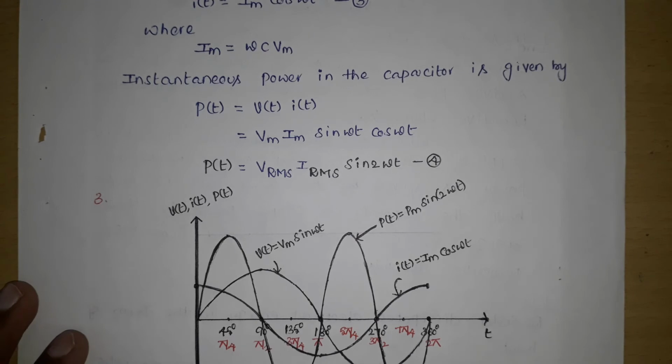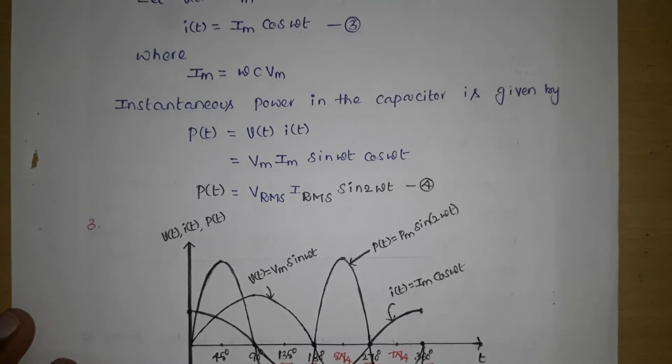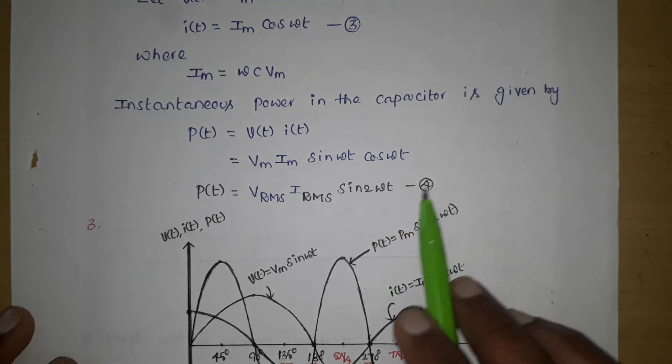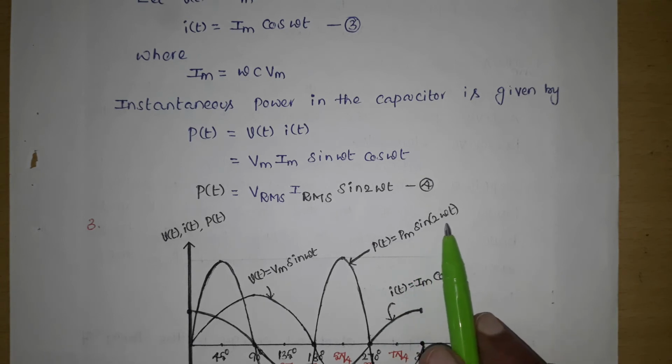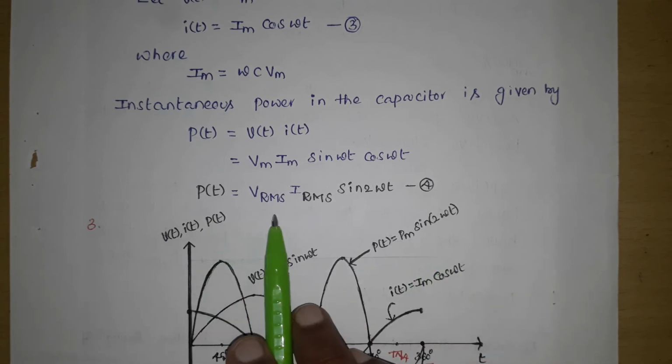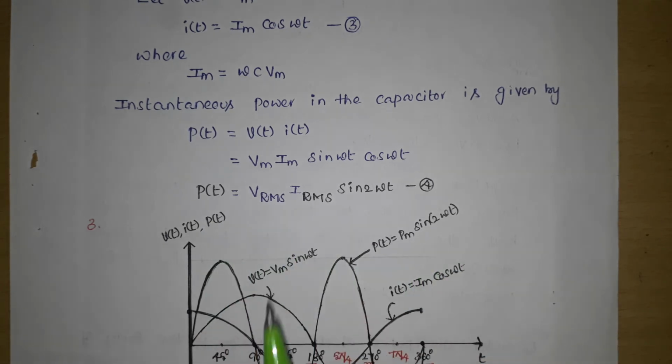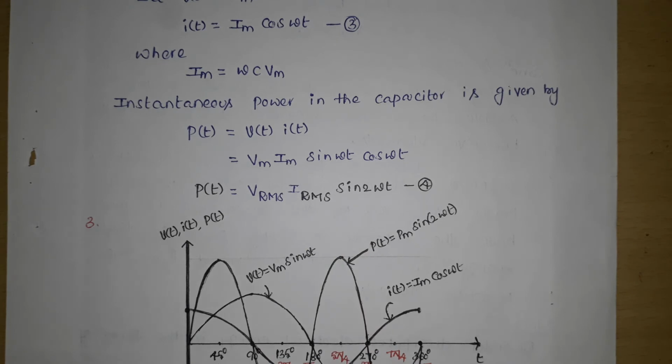Here voltage is a sine waveform and current is a cos waveform. So voltage is V of t equals Vm sin omega t, and current is I of t equals Im cos omega t. The power waveform of the capacitor is P of t equals Pm sin 2 omega t, where Pm equals Vrms Irms. So here also the power waveform